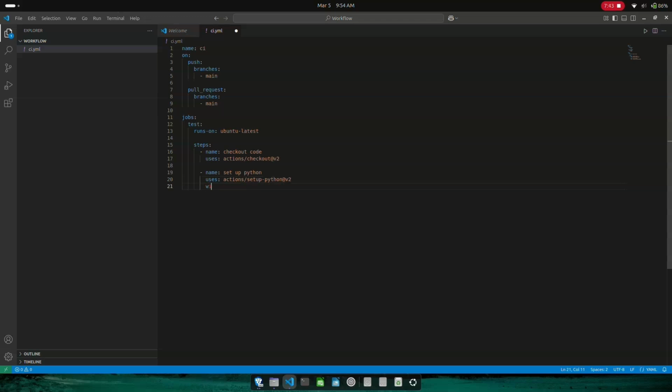We'll have another extra line here which will tell us with tab Python hyphen version colon 3.9. So this is basically telling us that we'll set up Python and the Python version here will be 3.9.